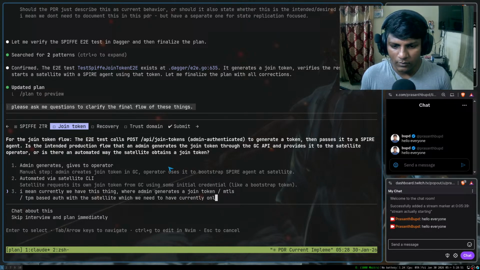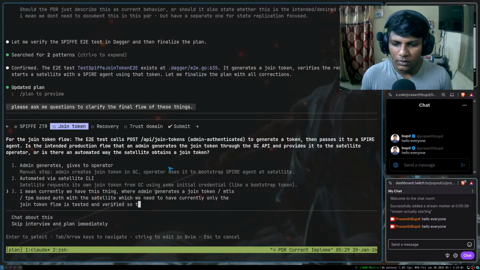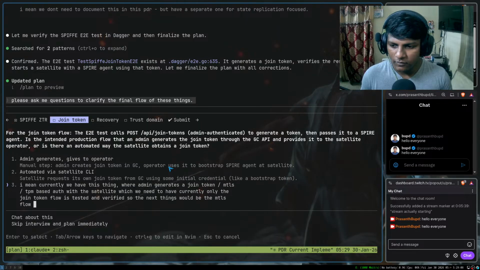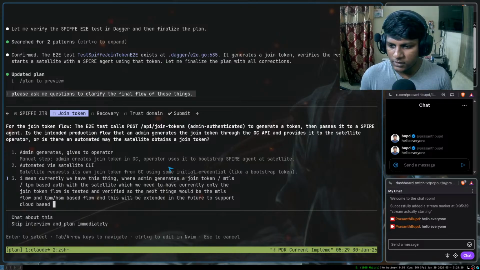Currently only the join token flow is tested and verified. So the next things would be the MTLS flow and the TPM / SSM based flow, and this will be extended in the future to support cloud based flows,